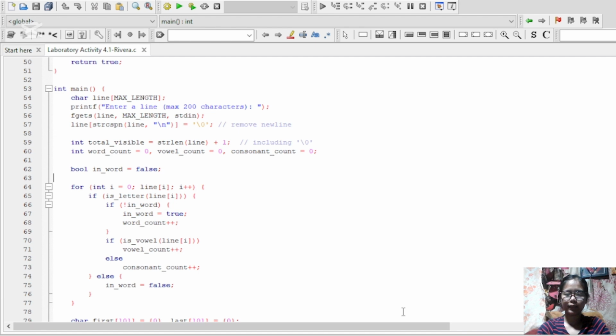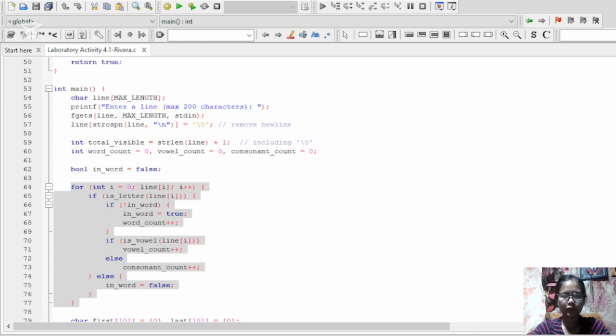We loop through every character in the line. If it's a letter and we're not already in a word, we start a new word. Then we count vowels and consonants using the helper function. If it's not a letter, we're out of a word.